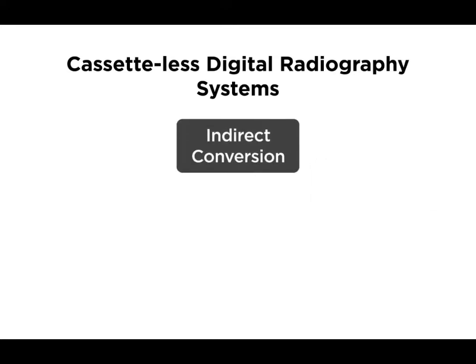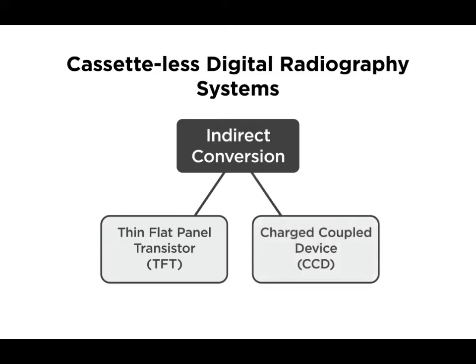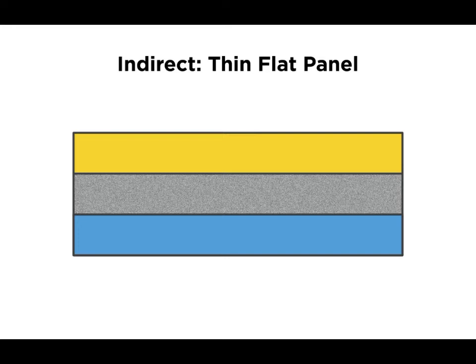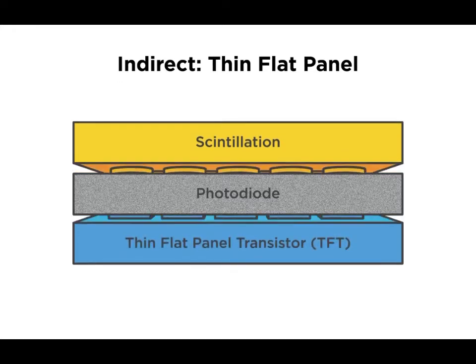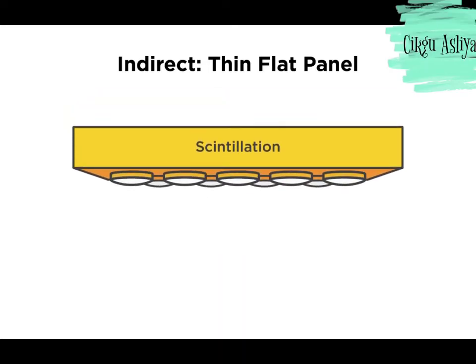Indirect radiography can be further broken down into either thin, flat panel transistors called TFTs or charged coupled device systems called CCDs. Indirect TFT systems are composed of three main layers: the top scintillation layer, a middle photodiode layer, and the bottom TFT array. The top scintillation layer or light layer is where the incoming incident X-ray photons are converted